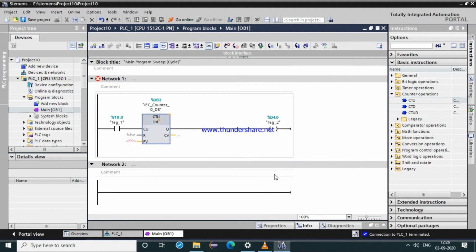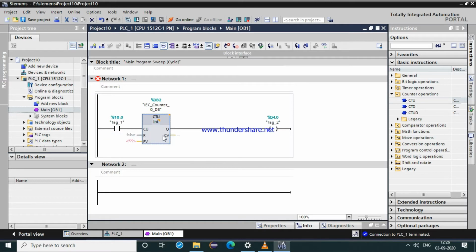If we want our piston, that is a cylinder, to move in the forward direction when I give a counting of 5, that is if I press my push button 5 times, after I press it 5 times, then only my cylinder should move. So in that case we can use counters.